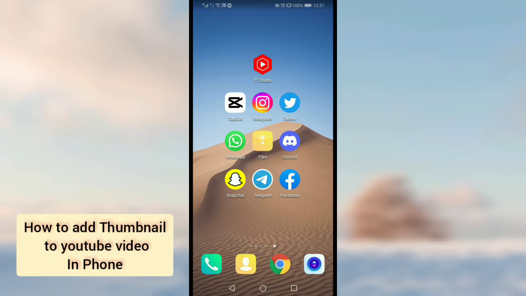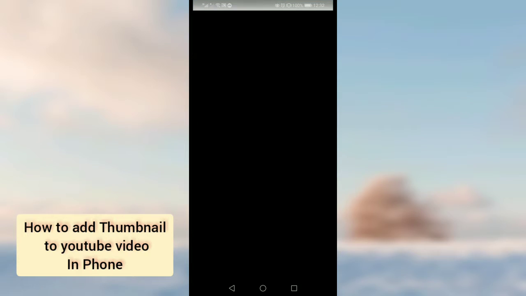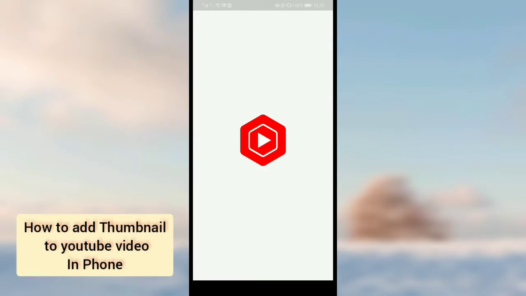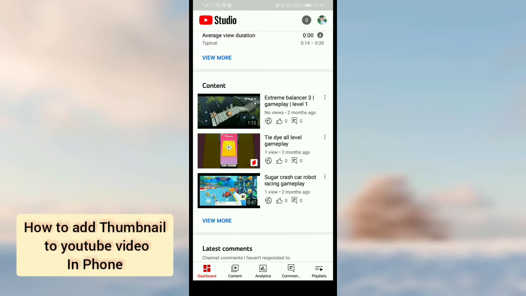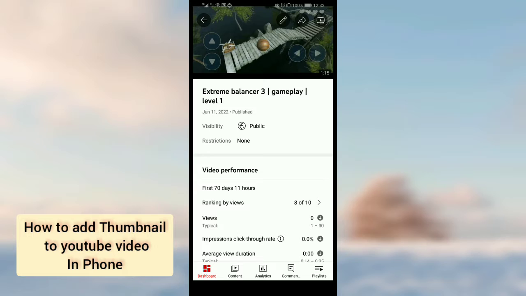So let's get started. I have created a thumbnail, and now I am adding it to one of my videos. First of all, open the YT Studio app on your mobile phone, and then open the video. Tap on the video you want to. Now tap on the pencil icon on the top,